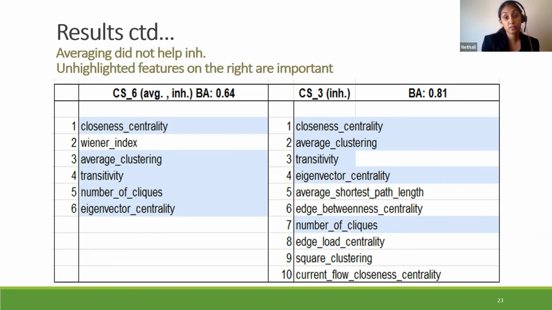So the unhighlighted features on the right of the winner, for example the average shortest path length or the edge betweenness centrality, seem to be what differentiated CS6, to go from 64 to 81 balanced accuracy. We're guessing it's these features that helped. So these features that are not highlighted on the right should be more important. There's a lot of centrality